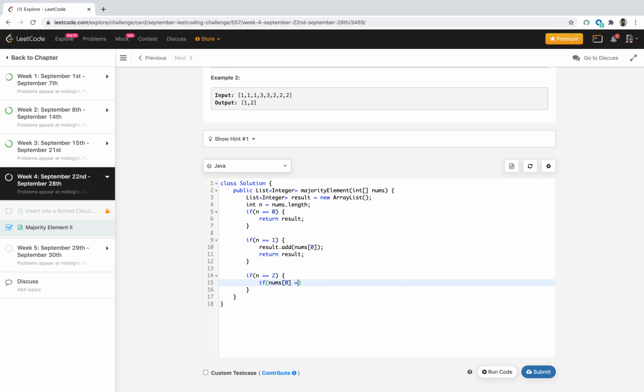If both are the same, we'll add only one single number to the list. Else we'll add both numbers to the list.